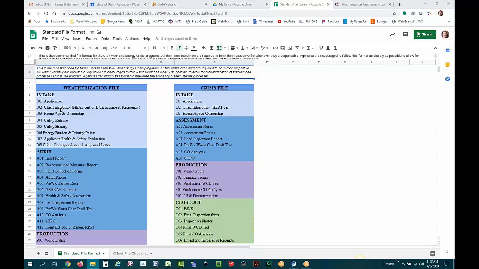the paths split a little bit or diverge a little bit, where if they're HEAT qualified, then for client eligibility, you only need a HEAT certificate in the file. But if they're DOE qualified, then you actually need the client eligibility form or their income form to be filled out. And then you need a separate document which is proof of residency or citizenship. And so I've numbered all of that as I02, and